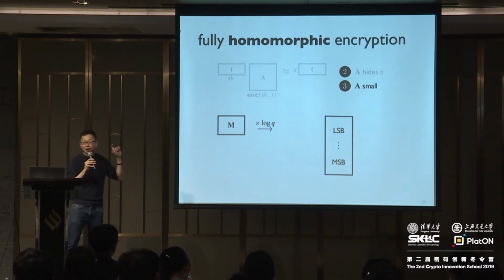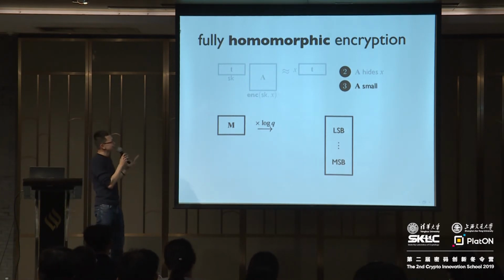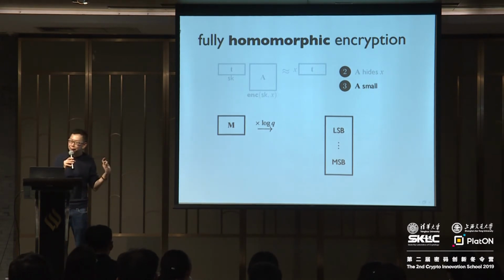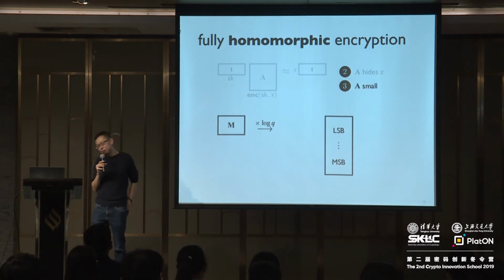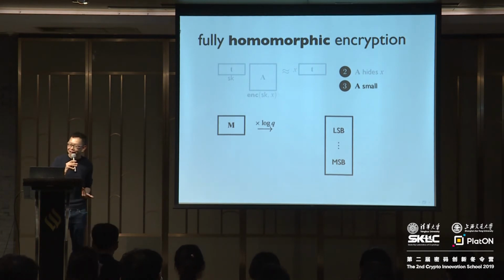The first block is going to be the least significant bit of M. What this means is each entry is going to be the least significant bit of each of the entries in M. The next block is going to be the second bit of M, a matrix where every bit is the second bit of the corresponding entry in M. And then the bottommost block corresponds to the most significant bit of M, where every bit is the most significant bit of the corresponding entry in M. So this is, in some sense, a binary representation of M. It contains the same information as M, except each of the entries is now small, they're going to be 0 and 1.